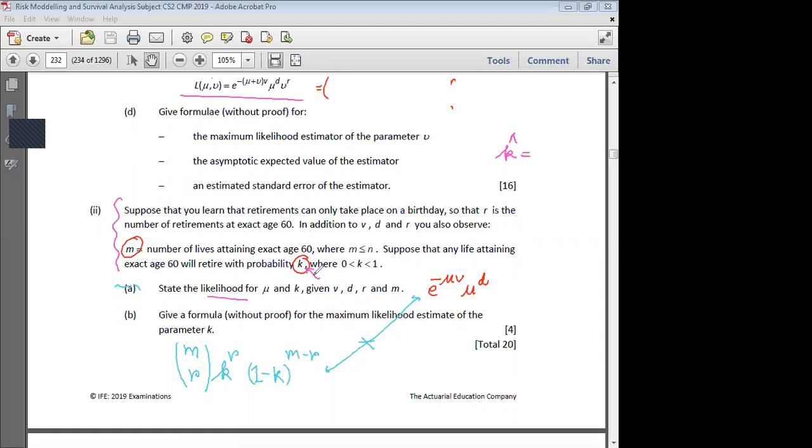Right. So if I want to figure out my maximum likelihood estimate for parameter K, what will that be? It will be the number of people who retire out of the total number of people who were supposed to retire, or who had a chance to retire, right? So this is what you will have as your maximum likelihood estimate of the K parameter. So I guess this is all from my side for today, and I will see you guys tomorrow. I might take lectures throughout the week. So you guys should read and study whatever we do in the class after the class is over, before the next